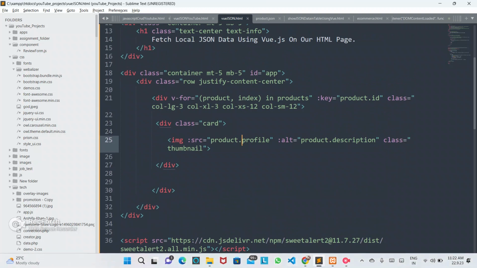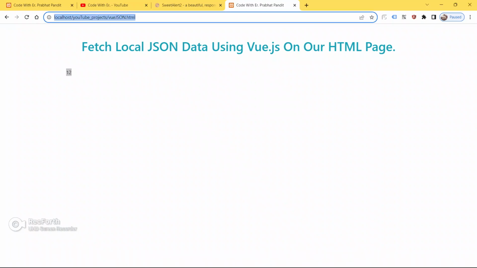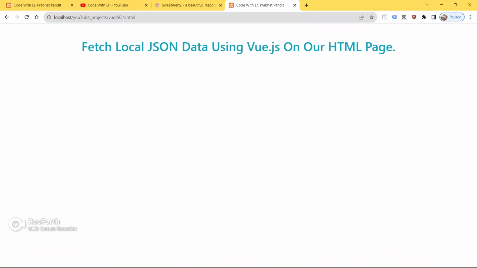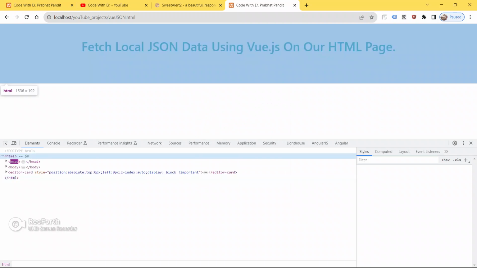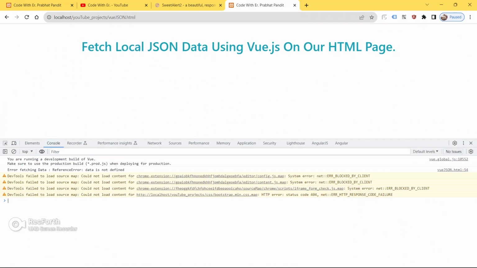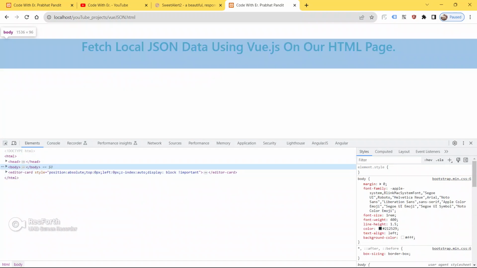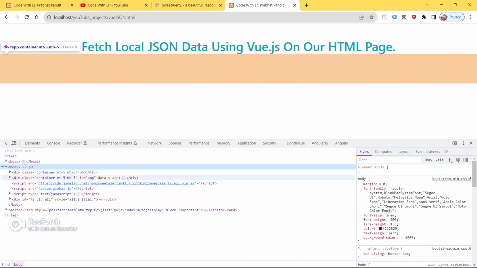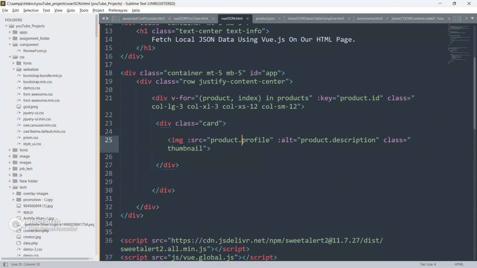Okay, so let's, guys, just save the code and go to the browser and see the output as of now, what it displays. Save, refresh the page now. So we must have an error. So just go to the console. Here there is no error at all. So open this body, and just open this.